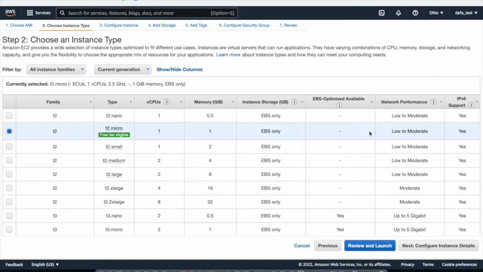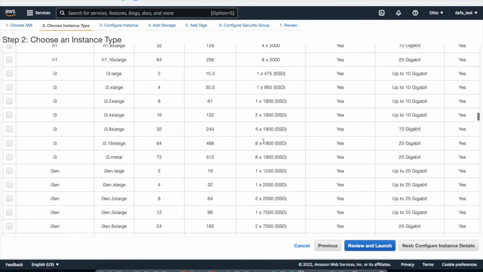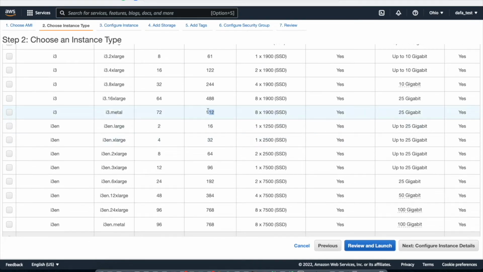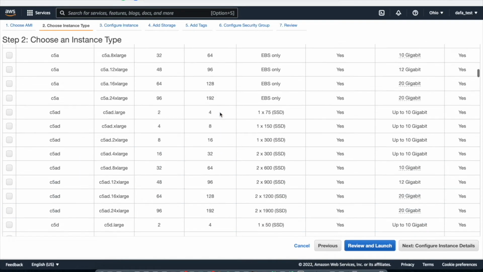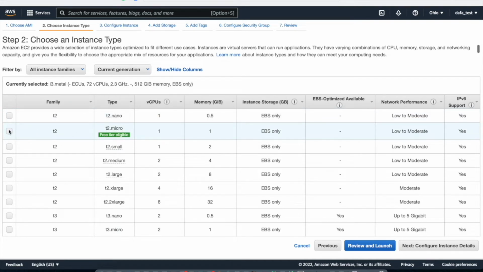So we have to decide what CPU, storage, memory, and networking capacity we need. The predefined instances range from rather basic up to very powerful. So we have instances with several hundred gigs of RAM. However, we are going to choose the T2 micro instance, which is available for the free trial, and click on